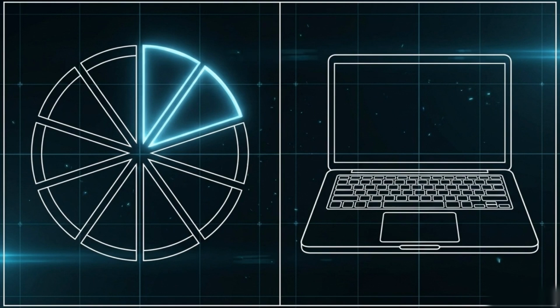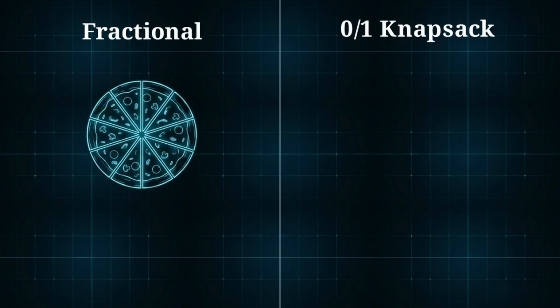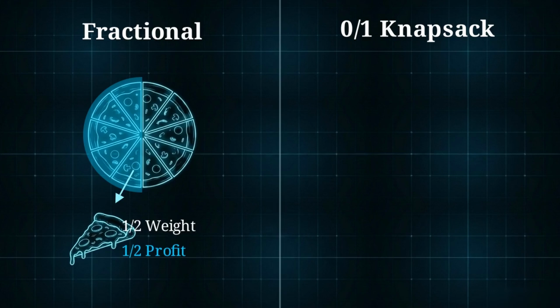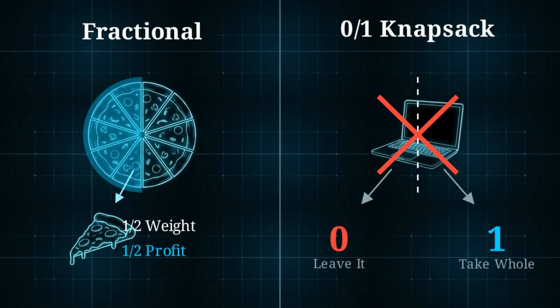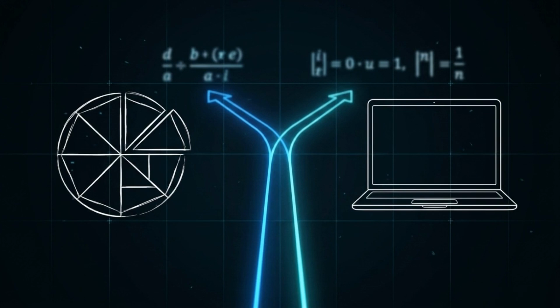These optimization problems split into 2 distinct universes based on a single question. Are you mathematically allowed to break an item into smaller pieces? In the fractional knapsack universe, items can be divided. Like pizza, you can take half the weight and get half the profit. In the 0-1 universe, items like a laptop cannot be divided. You either take the whole item or leave it entirely. Knowing whether you are in the divisible pizza universe or the indivisible laptop universe dictates the mathematical approach you use